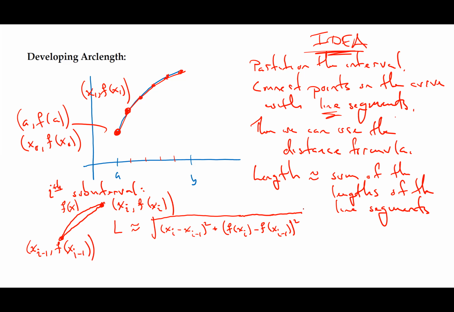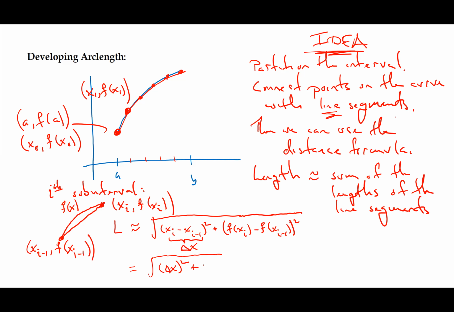But here's the deal. x i minus x i minus 1, isn't that just delta x? And so watch what happens. I get delta x squared